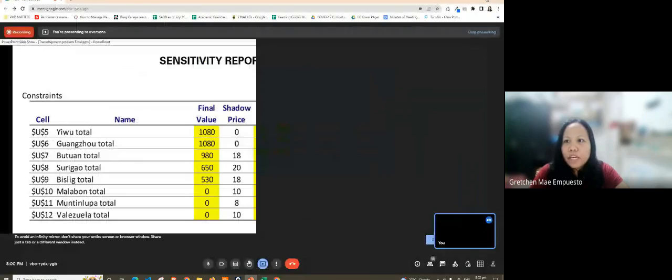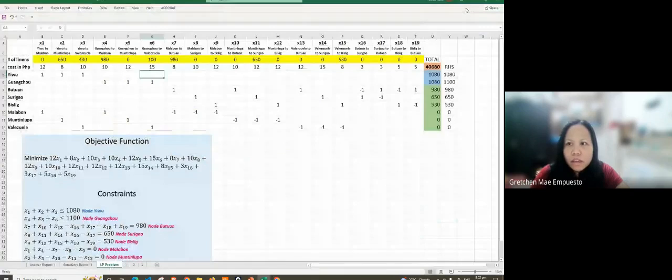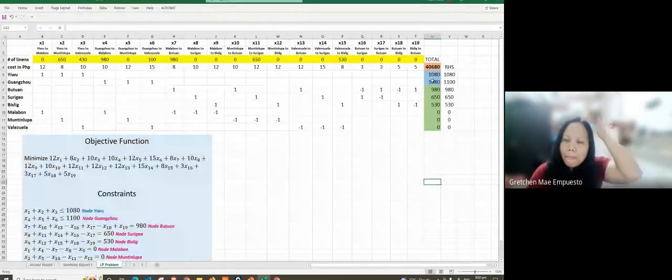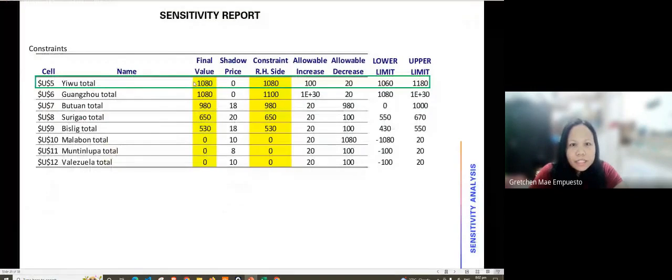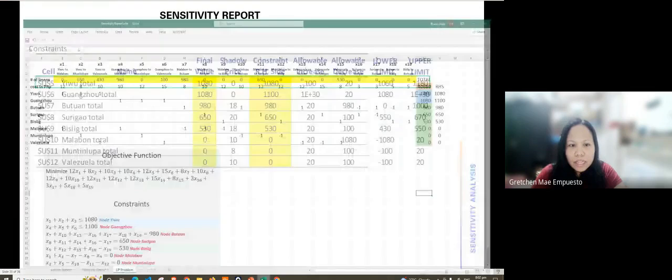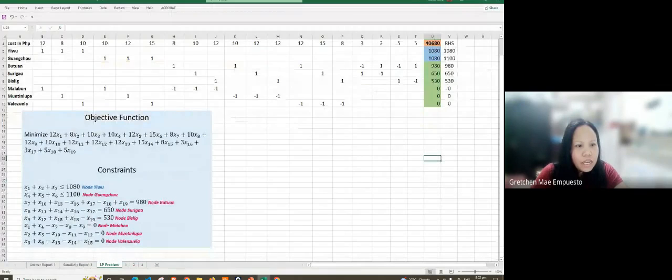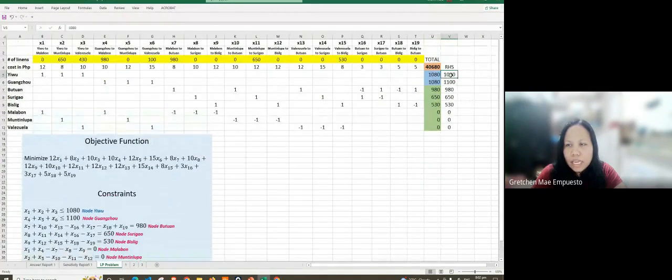So for example, let me go to the slide. Example, let's take a look at the first constraint. The right-hand side is 1080. We can see that here: X sub 1 plus X sub 2 plus X sub 3 less than or equal to 1080. According to the sensitivity report, if we will change the demand, or we will change the right-hand